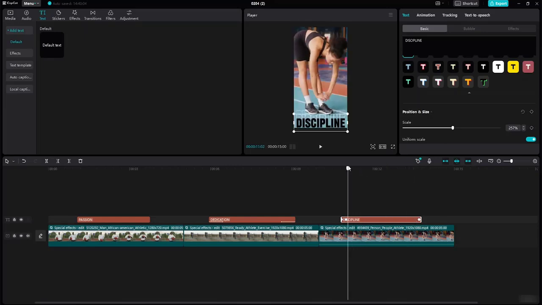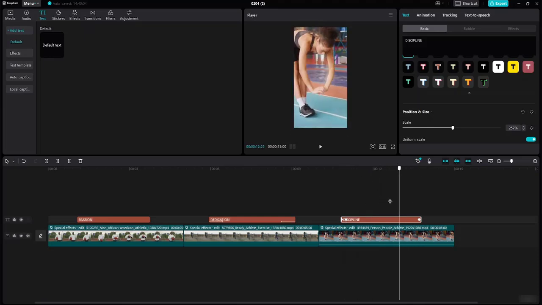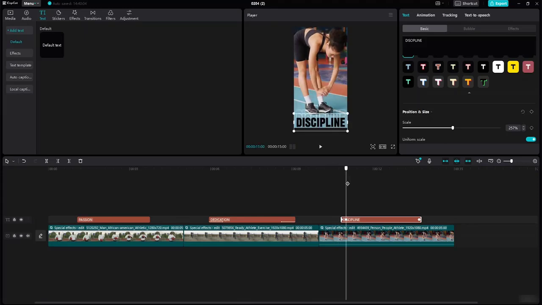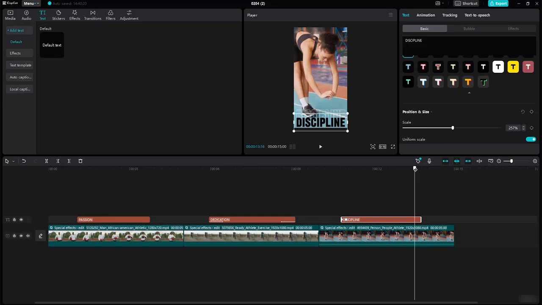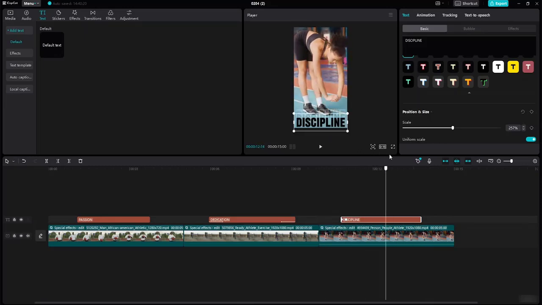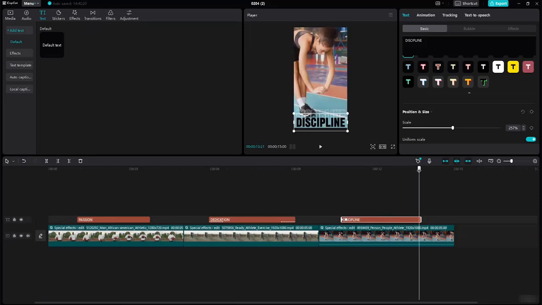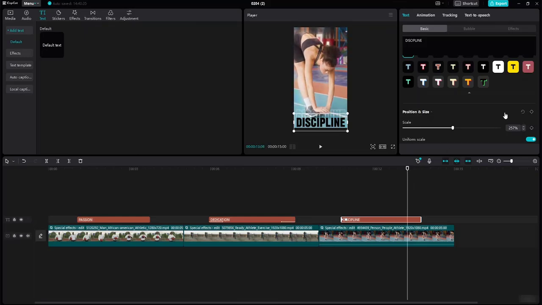Okay, so now I will come here and check this particular frame, and after that what happens is it will just slowly go down. Okay, but I don't want it to, so I will just delete this keyframe from here as well. I will click on delete, and lastly what I can do is I will just change its opacity. So let's come here, let's place it, and now over to this particular place, I will come right over here, and again